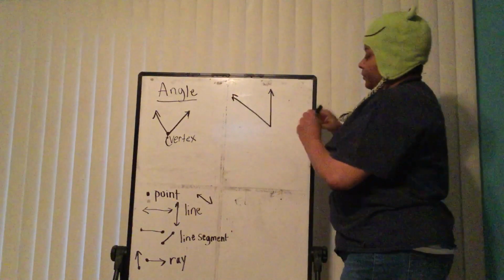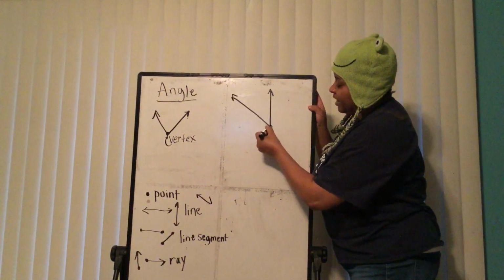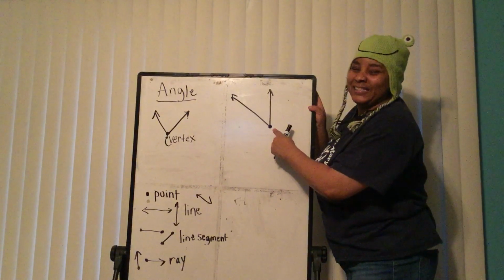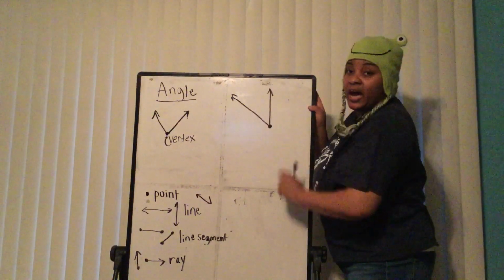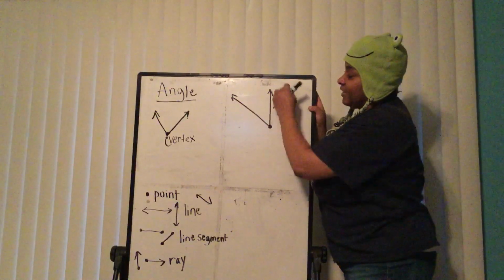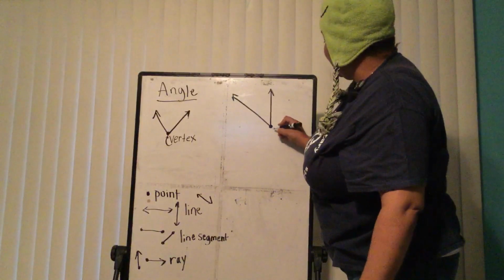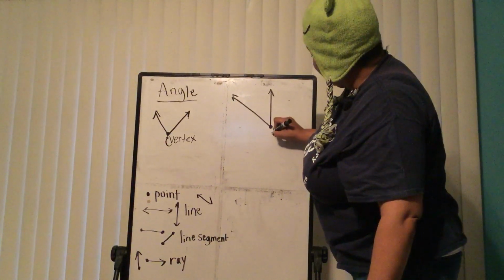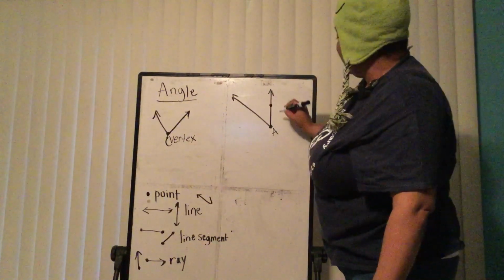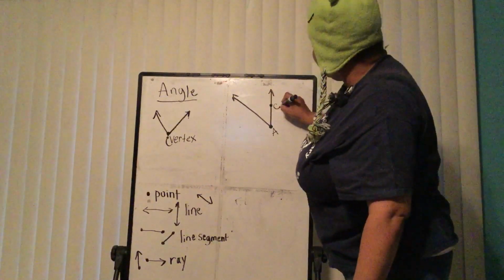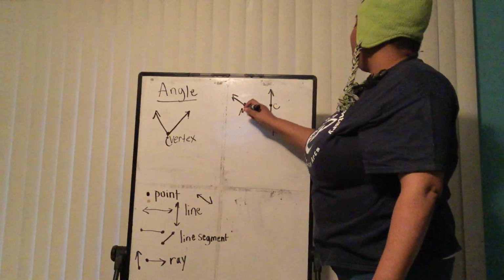You draw that angle. And remember right here, they have to have that common endpoint. And this area is known as my vertex. Say that with me. Vertex. I drew my angle. Two rays came together and this is my vertex. Well, I'm going to call my vertex A. I'm going to put another point here. Call that C. Put another point here and call that M.